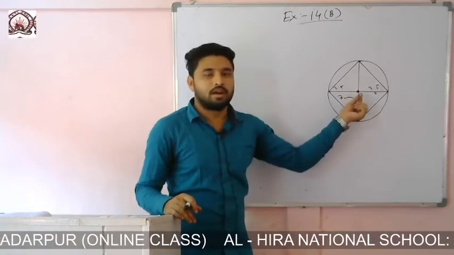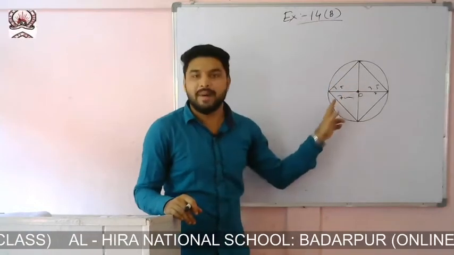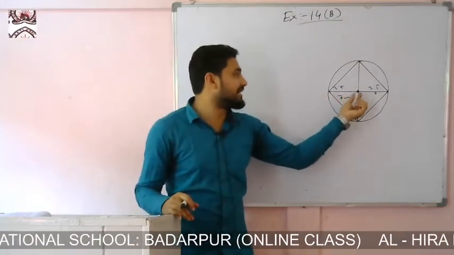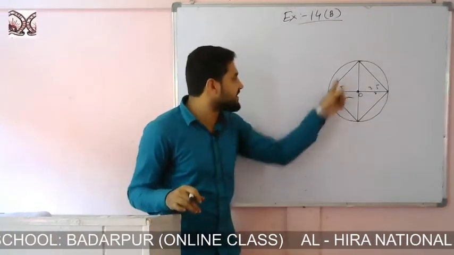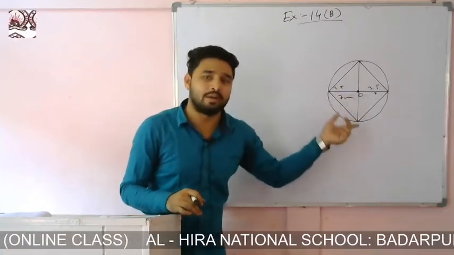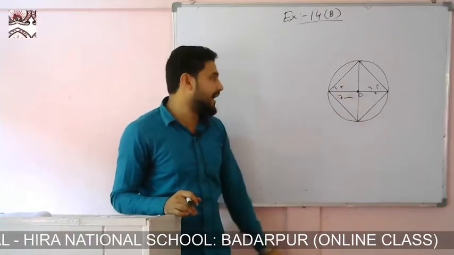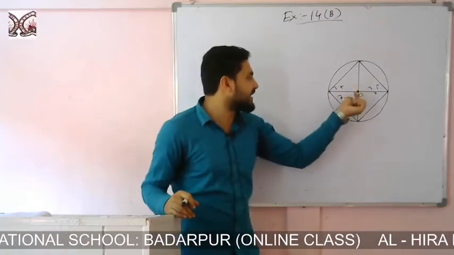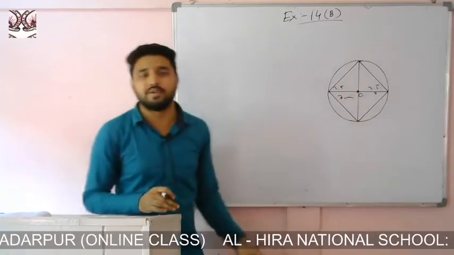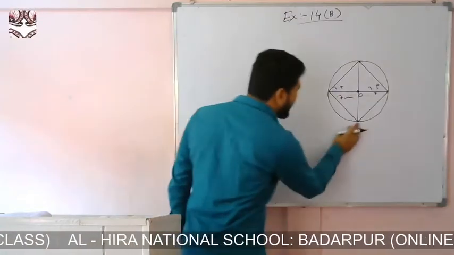So we can say that the diagonals of the square are equal and they are perpendicular. In the question also it is said that we have to draw the diameters perpendicularly. Since the diameters are perpendicular, the diagonals of the square are perpendicular and make 90 degrees, and they are equal, so obviously we can say that it's a square. These are the properties of a square.